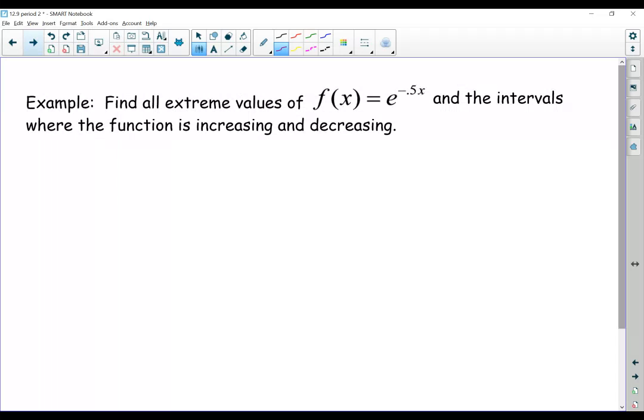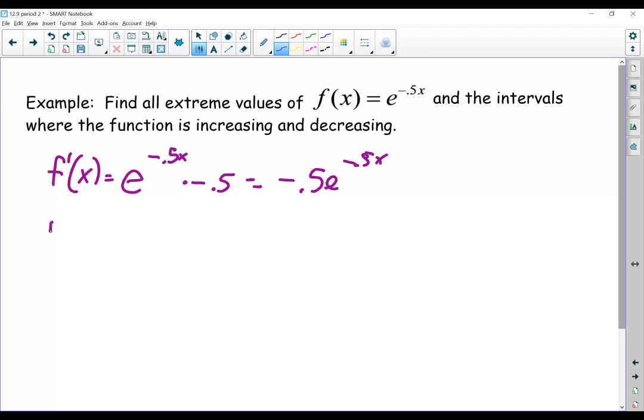Find all extreme values of this function in the intervals where the function is increasing and decreasing. Okay, so a little bit different type of function, but we can still use the derivative function to help us analyze what f of x is doing. So if I find the derivative here, e to the u is e to the u times du, which is just negative 0.5 e to the negative 0.5x. Now, if I set that equal to 0,